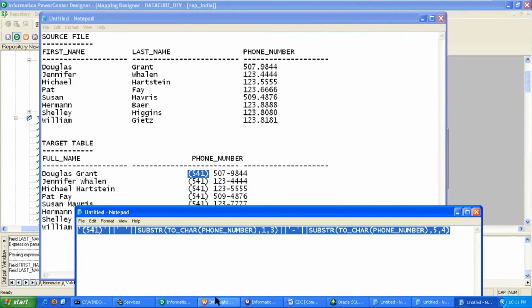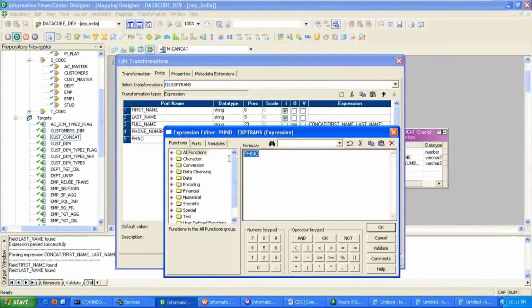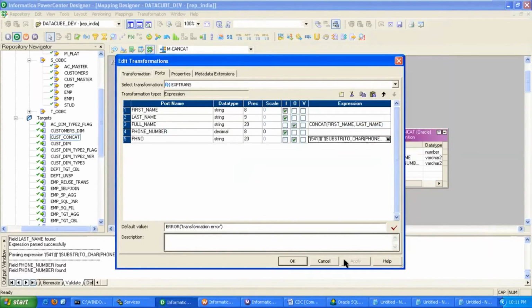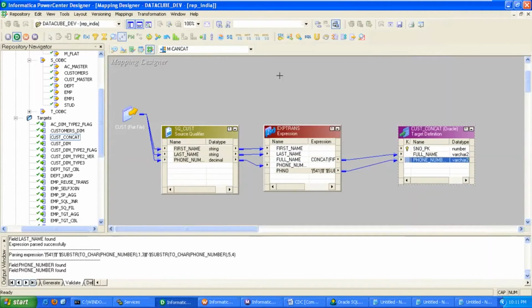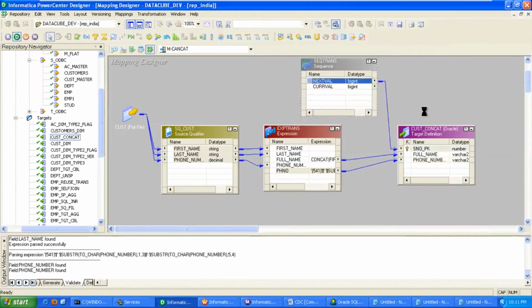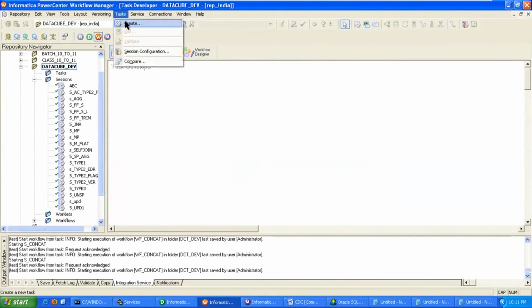Just I'm copying, and here I'm placing. Click on validate. Okay. Apply. Okay. Then provide these links to our target. This is to our target, but populating purpose primarily we have to take sequence generator, then provide link. Save it. Now we have to create session